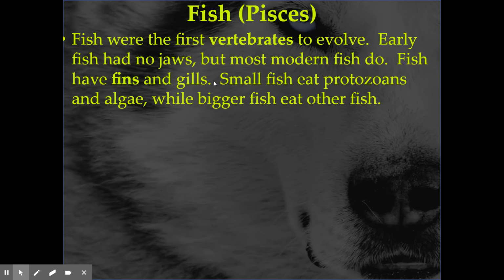But little fish are going to eat other little fish. They might clean algae off from rocks. They're going to eat protozoas and things like that. So micro, tiny organisms, plankton and water. Bigger fish tend to eat other fish. Not always the case, but that's a pretty common way to do it. Some things filter out food as well.